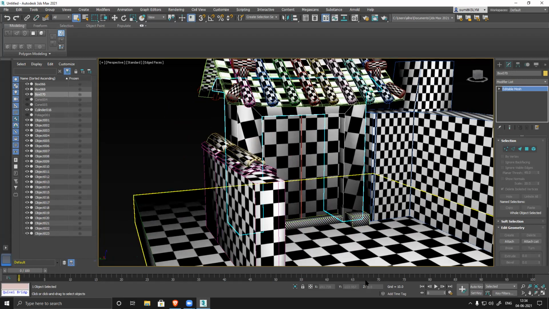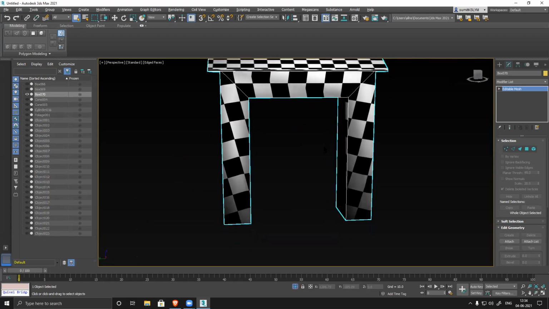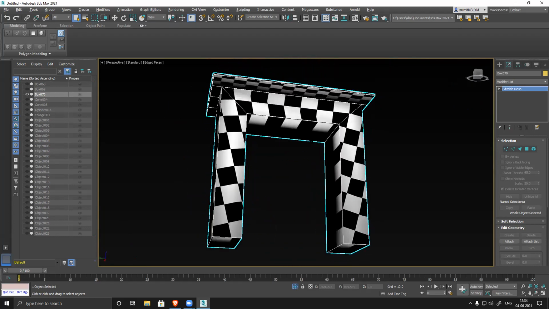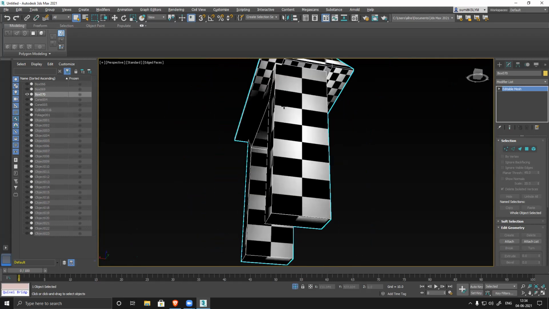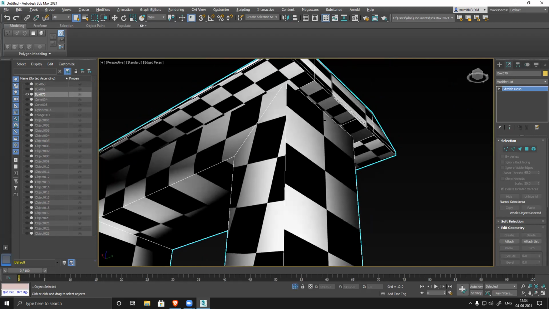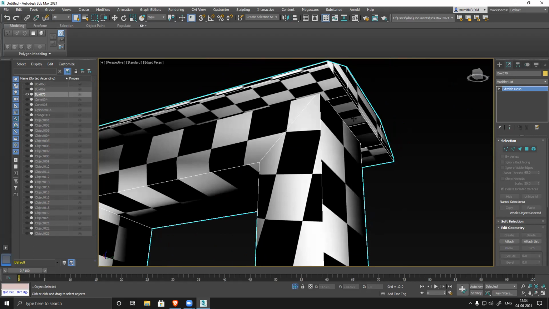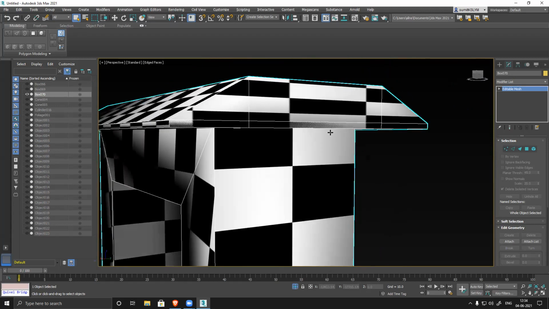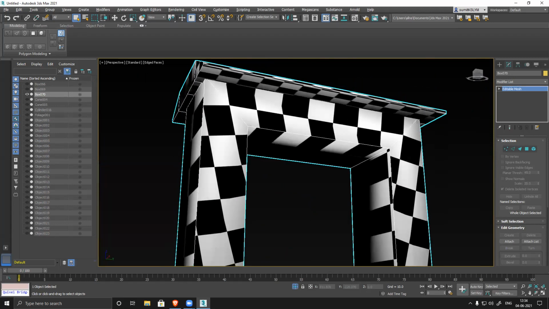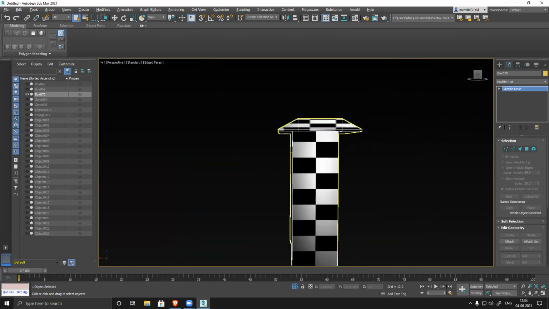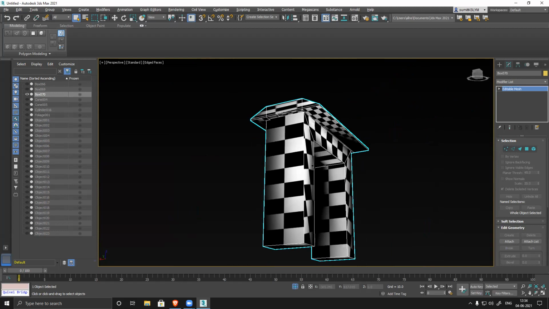So for this, let me isolate this. You can see, every part you have to first unwrap like this. Still, your model is wrong. What is this? What is happening here? Why is there a hole? Sir, it's overlapping. I'll do that again, sir. So double check your model before sending everything.